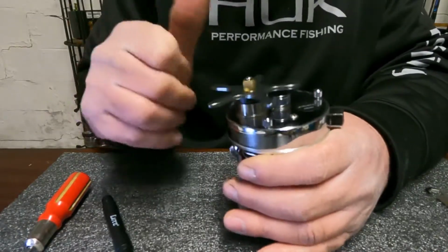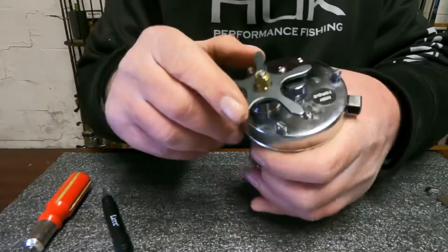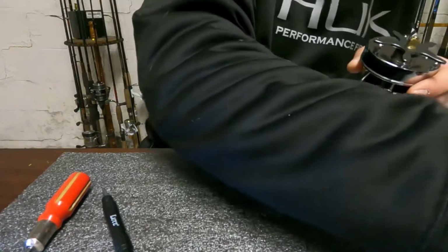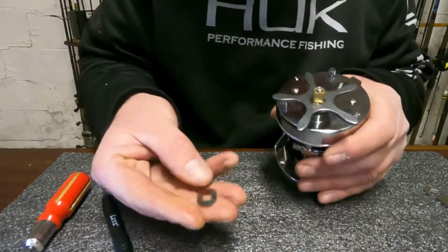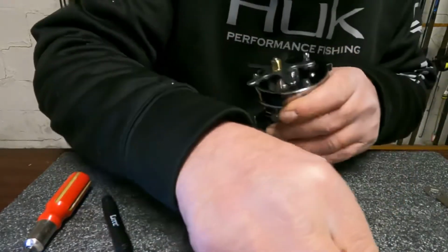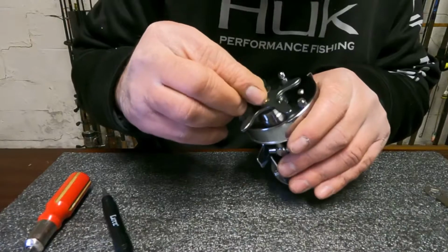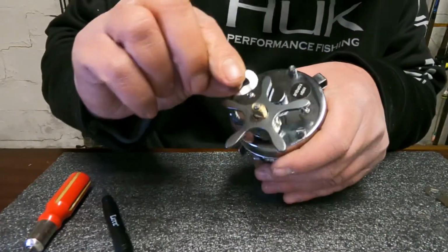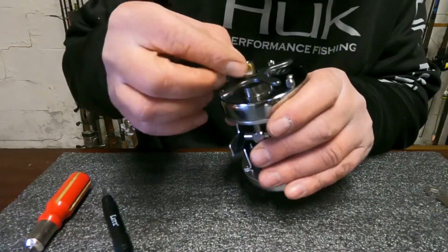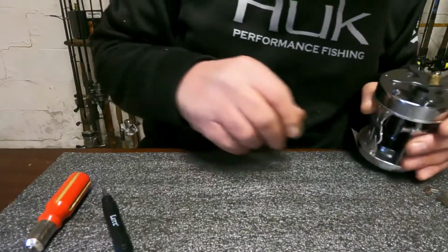Another thing to remember before you go putting your handle back on, this thing, don't forget that guy, little washer there helps separate things. And it goes pointed down away from your handle towards the star drag. Then